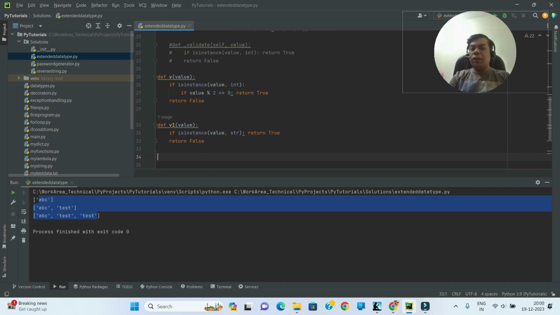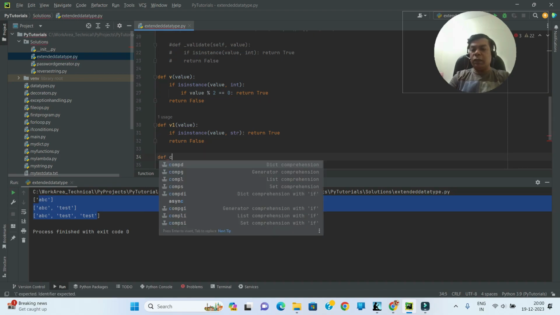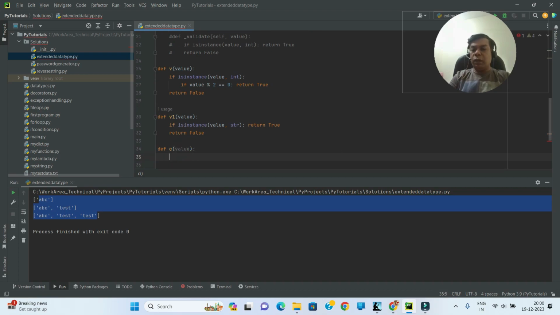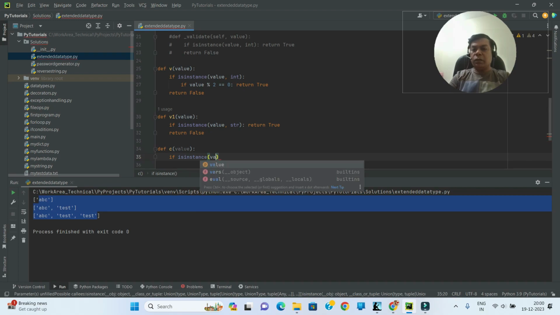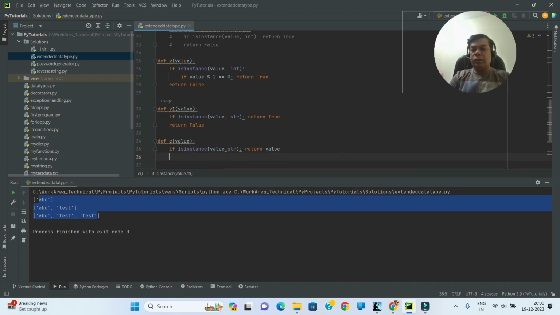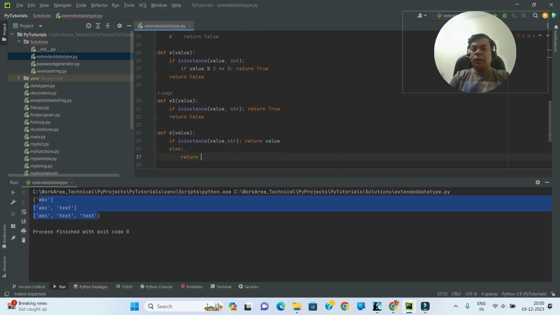So I want to create a list that stores only strings. So I would say def c, value, right? If isinstance(value, str), then return value, else return str(value),